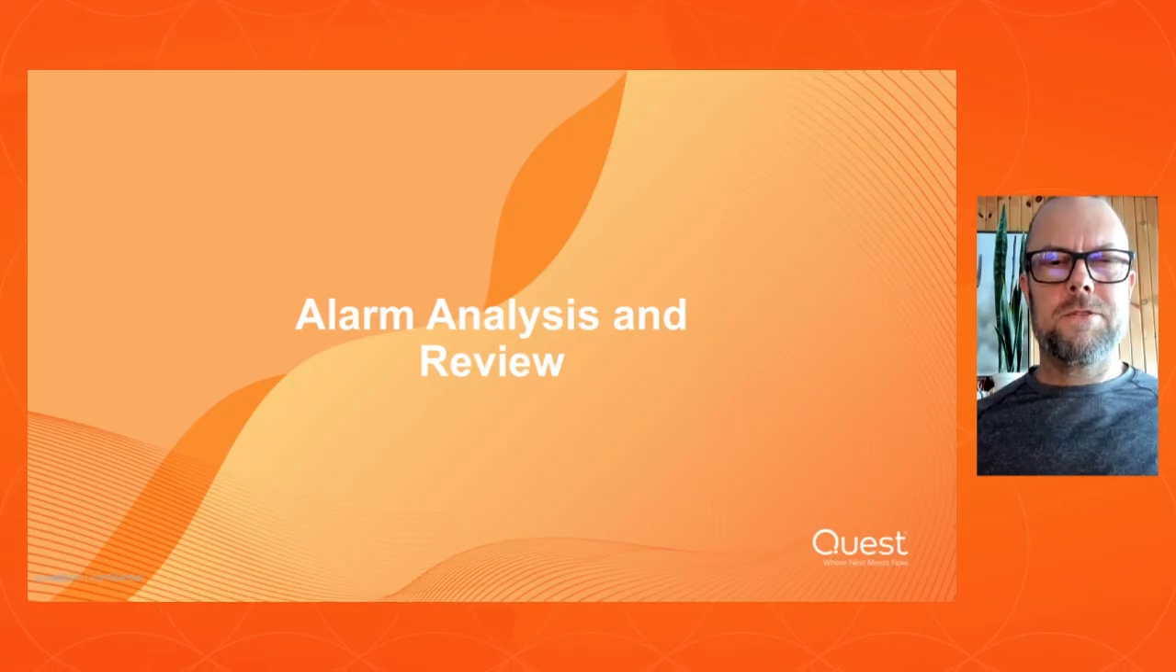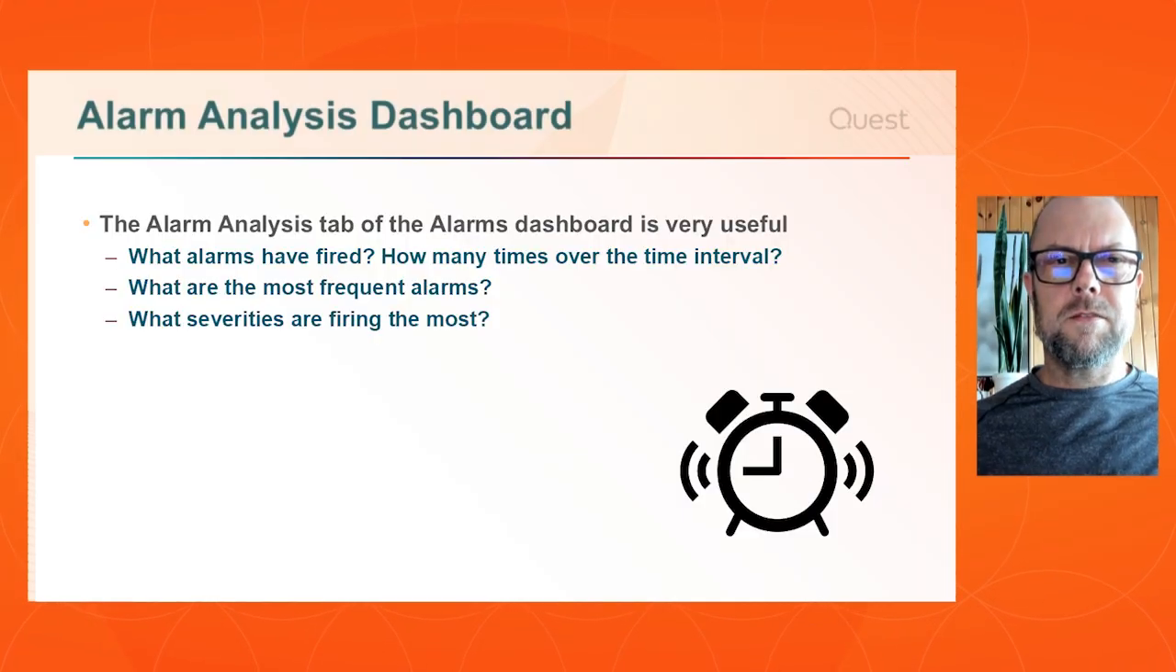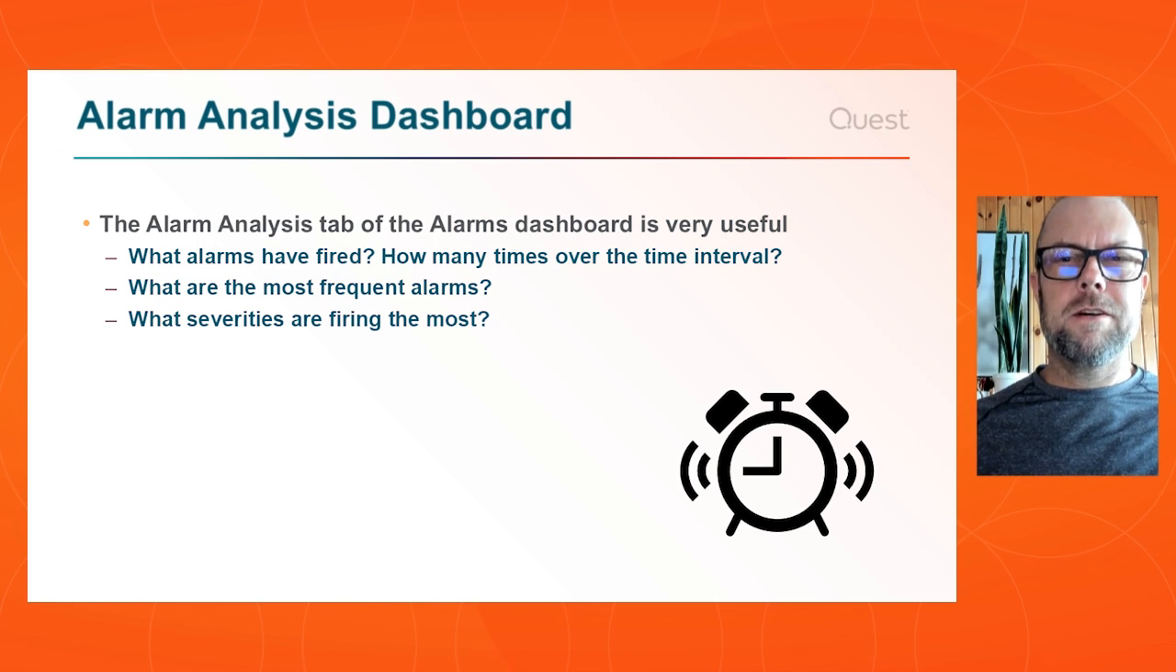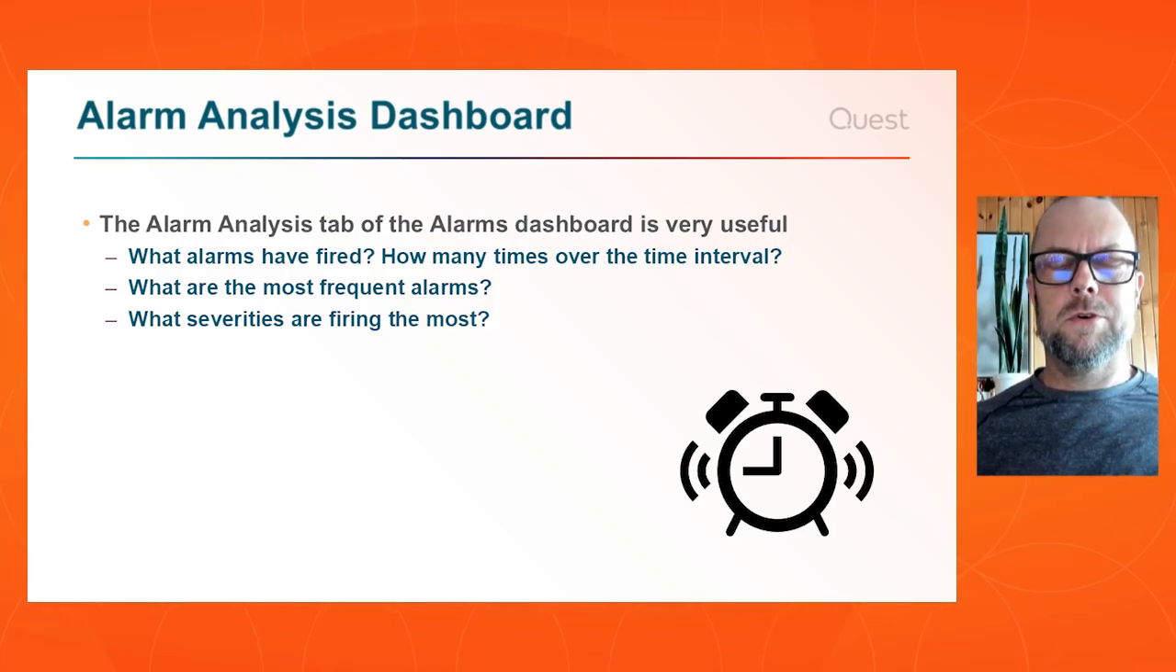So we'll jump into alarm analysis and review. We want to look at the alarm analysis dashboard. It's very useful, especially after Foglight's been running for some time. You can pick a time interval and then determine what alarms have fired. So there's a count column, sort it descending, see what the most frequent alarms are, even the severities that are